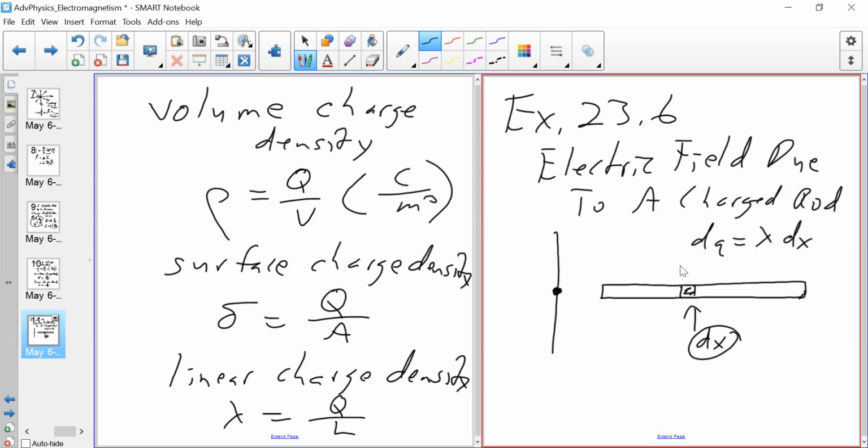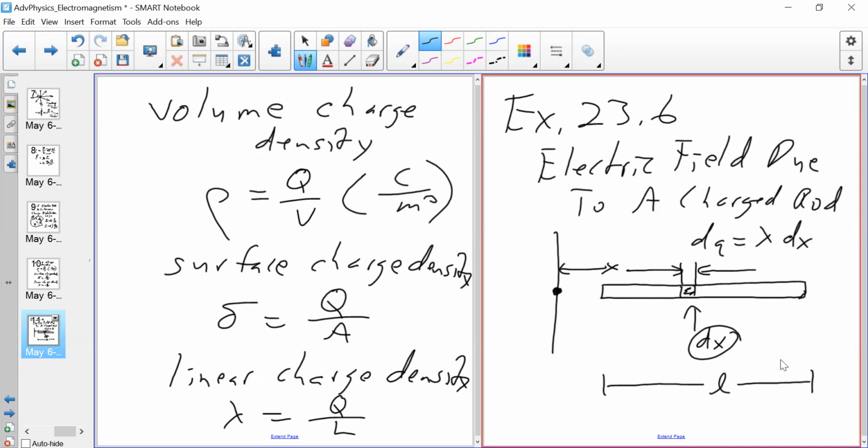Let me finish drawing the picture. So this is our linear distance x. Kind of give a visual on what the dx is about, or the reason for that part of the picture. And then the length of the rod would come down here,